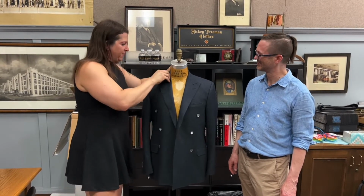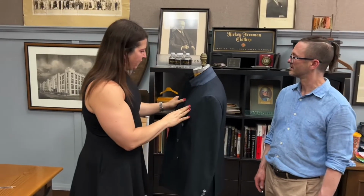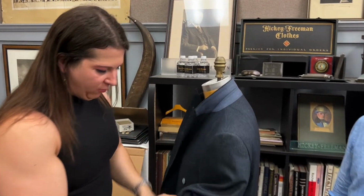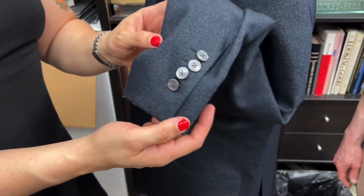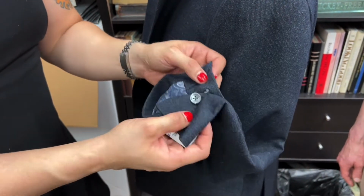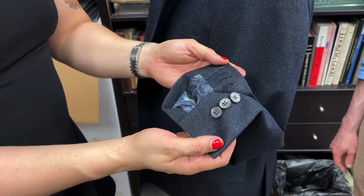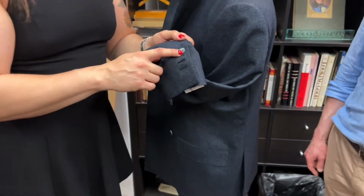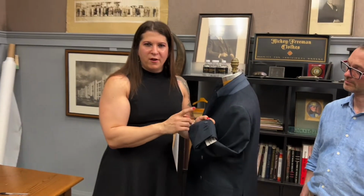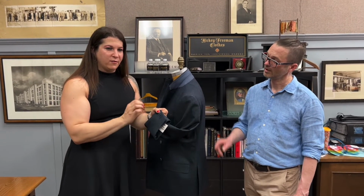Let's see, anything else? This guy has felt undercollar, as all of our jackets do. We finished this off with mother of pearl buttons. This is the smoke mother of pearl button, which is actually our bestseller of all buttons, period. Gorgeous finish on this. This has working surgeon's cuffs. I want to say about 3/4 of our suits go out with surgeon cuffs. It is an upgrade that you have to order. You do want to be really confident about your sleeve length because it's extremely hard to...